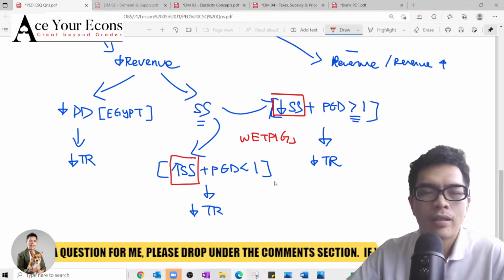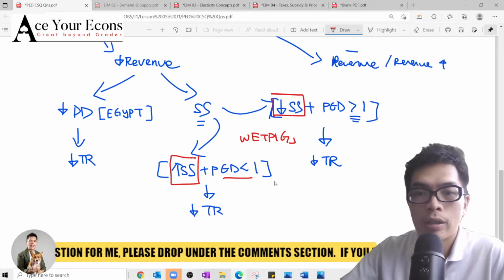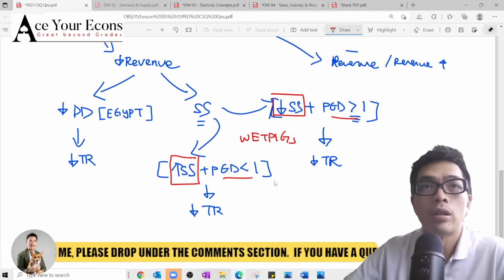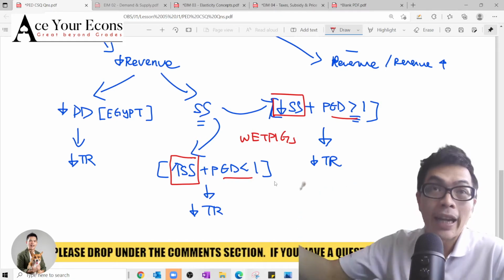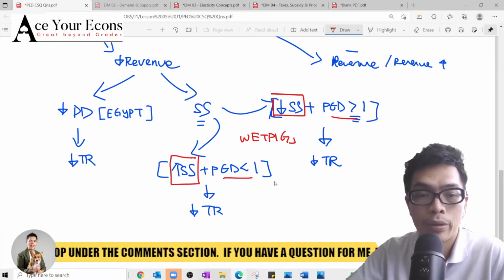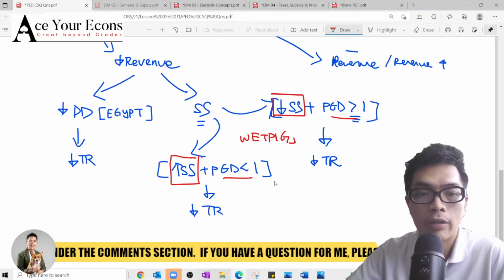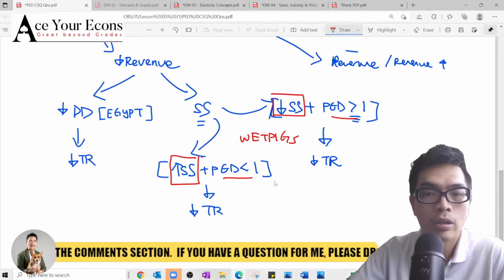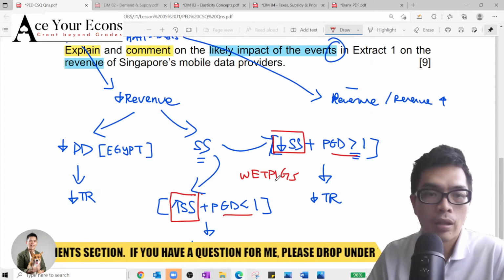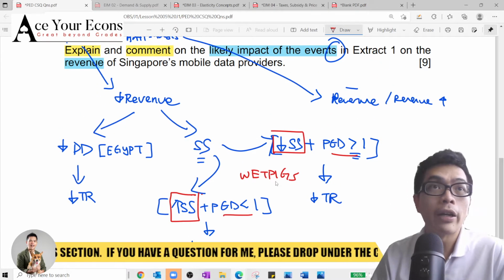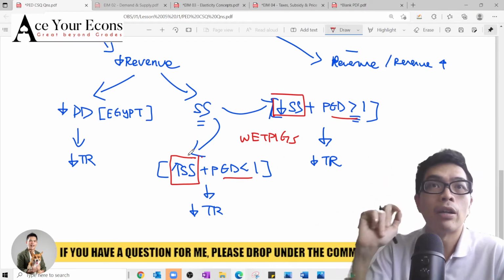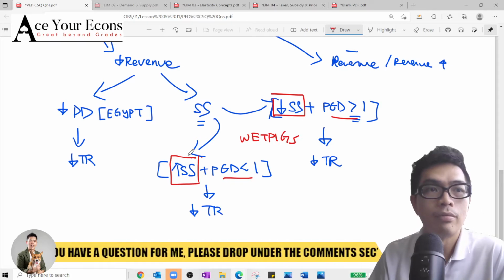And this will be an assumption. These two are not clearly visible in the extract. You have to make an assumption. But sometimes in the extract, they will give you the PED value. They will tell you the nature of the good. So later your role is to find this out and identify the correct weak peaks, and to justify the fall in total revenue. So is everyone clear with the thesis on the demand approach and selecting one of the supply approaches? Clear?